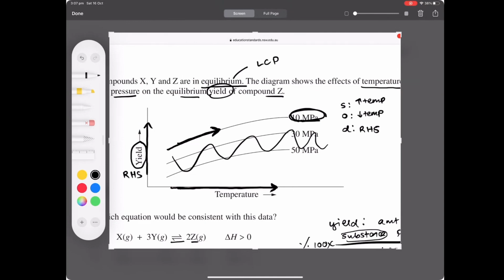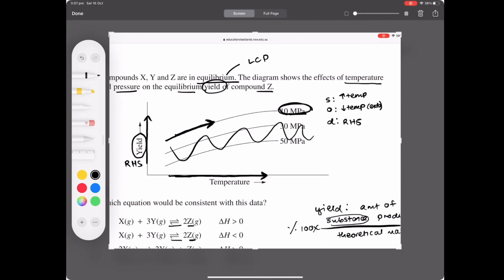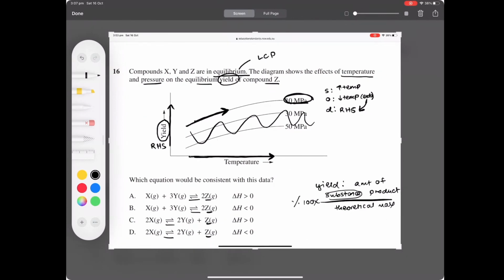Endothermic. Yeah, if you want to decrease temperature, you want to favor the endothermic reaction. Put two and two together. The direction is the direction you go to favor that opposite. So the forward reaction must be endothermic. See, you don't even have to think. LCP is that easy. You just have to ask yourself those three questions, fill out the three questions, and you're